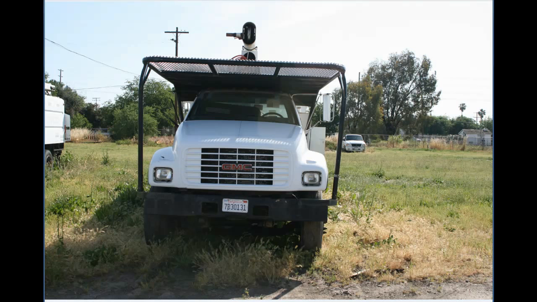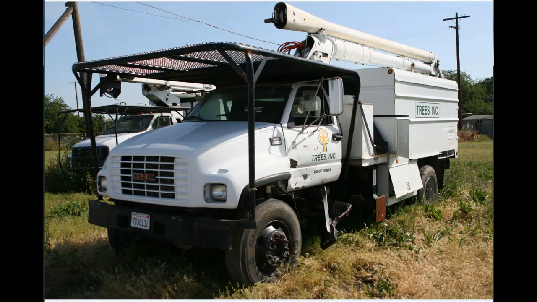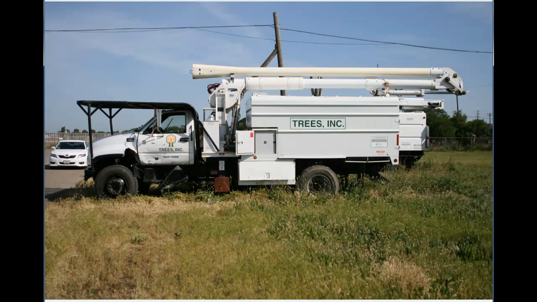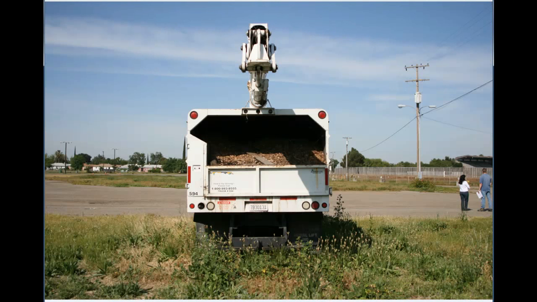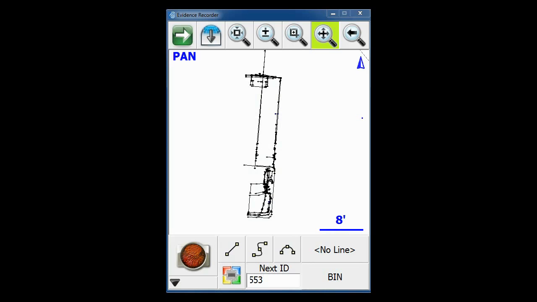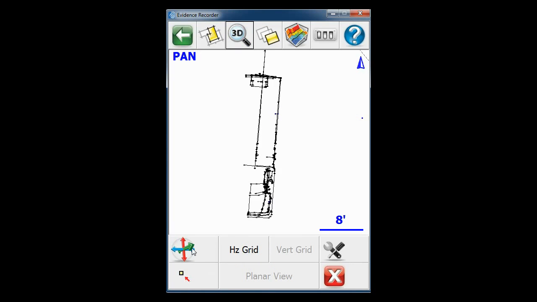In this example, I'm going to talk about the 3D features of Evidence Recorder. This is a truck that I had to model for a particular animation project. Photos of the front, the sides, and the back. This is a top-down view of the line work that was captured with the total station. I'm not limited to looking solely at the top of it. I can click on the 3D feature here, select my axes,